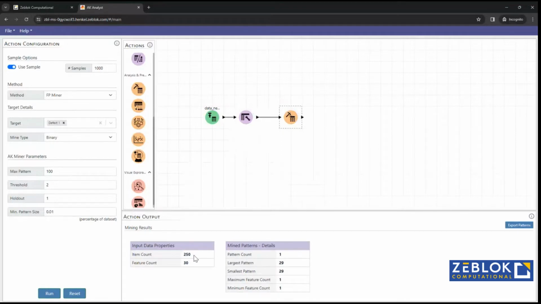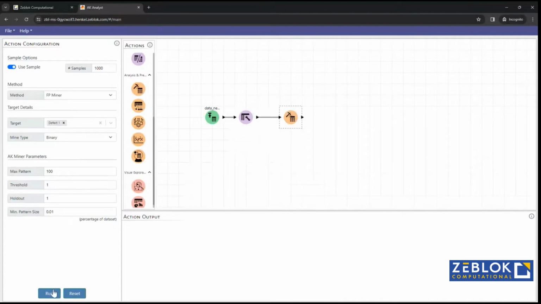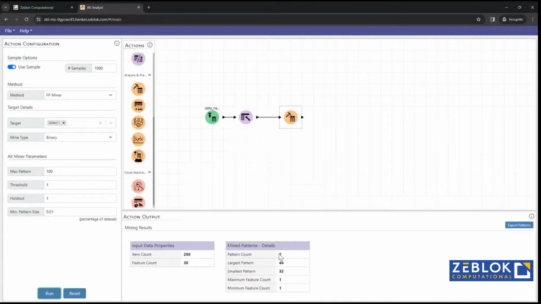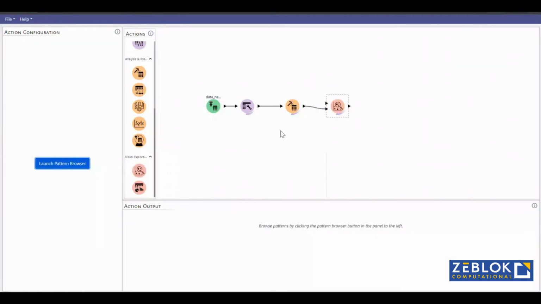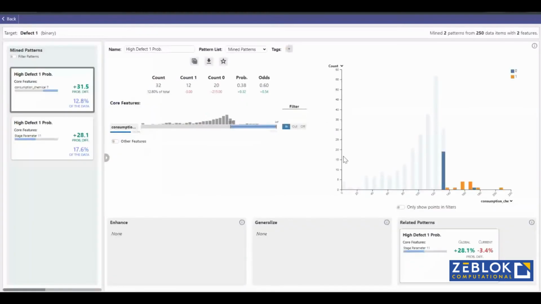Once patterns are mined, we can visualize the data as well. We can launch the browser and it will recalculate everything. It will show all of the patterns it basically predicted or showcased: that if this column, the consumption chemical 7, has a value greater than 133 to infinity, then we see there is a probability of target defect occurrence. Similarly, we can hover over the second pattern, and we can explore further. If we want to do more,